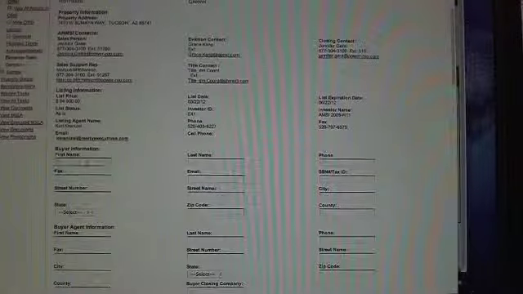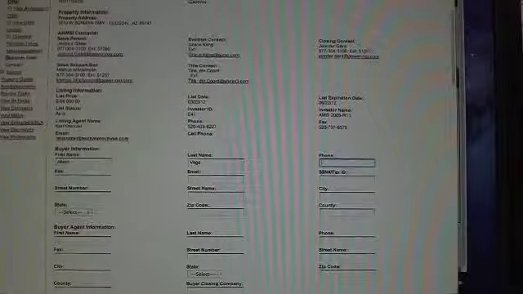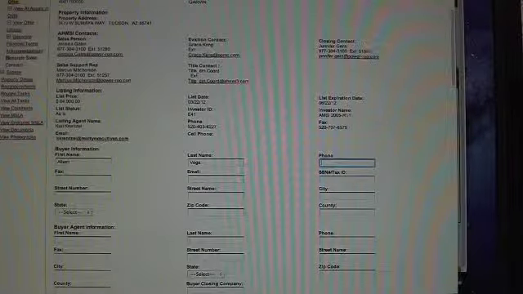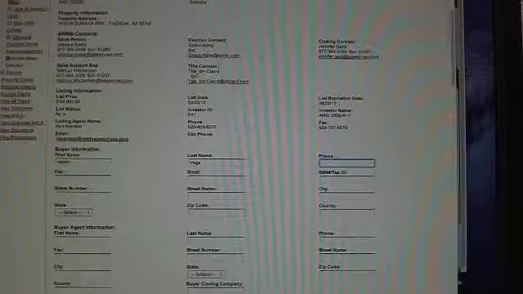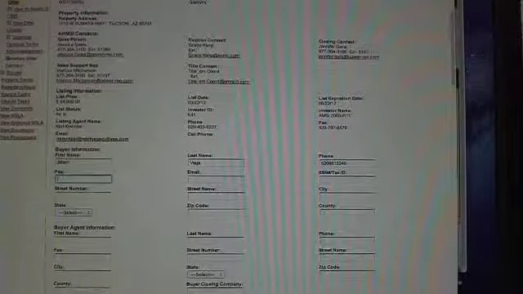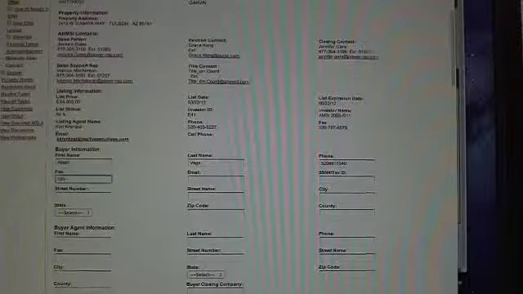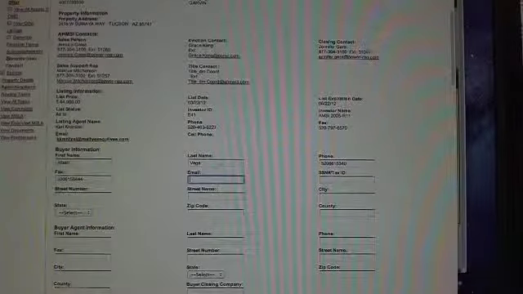The buyer's name, we're going to start off with the first one here, is Albert Vega. And the phone number for the agent, for the person, we don't usually know the person's phone number. So what we do is we put in the actual agent's phone number, and it's a heck of a lot easier. So we'll just put in his phone number here, 661-5340, and the fax number for the agent, 520-615-8444. Email, we put in the email for the agent, so ed